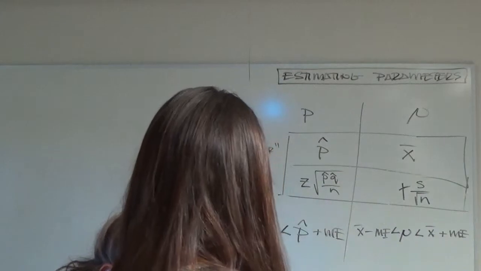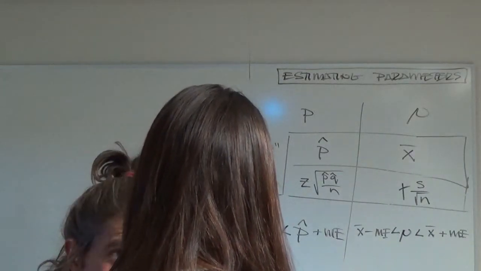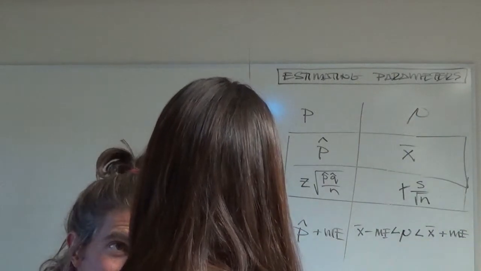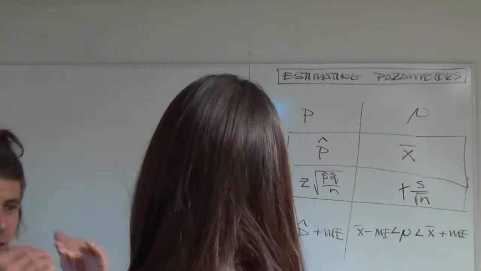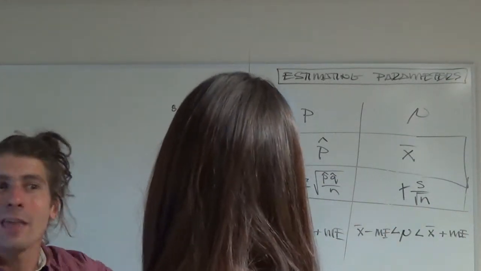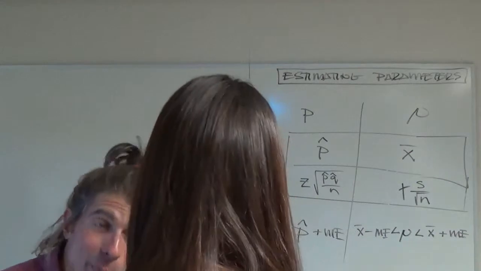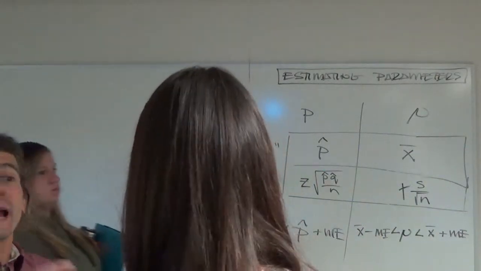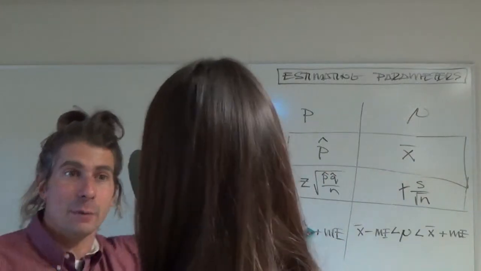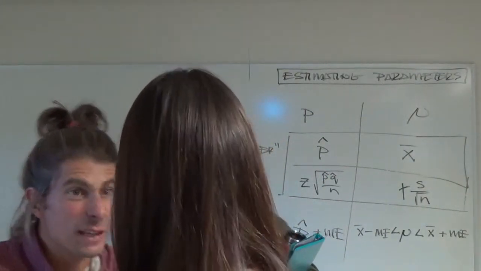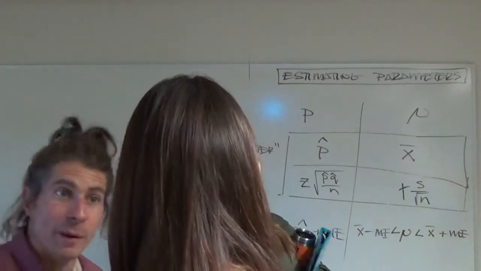Where's your interval again? At least how many support it? Right. So since the lowest end of the interval is higher than 0.5, that means we're 95% sure that more than 50% support it. I didn't know if it was another calculation. No calculation. It's just like we did today. Think about today with Del Taco. We know on average they weigh at least a half a pound because even at the smallest end of the interval, it was bigger than 0.5.